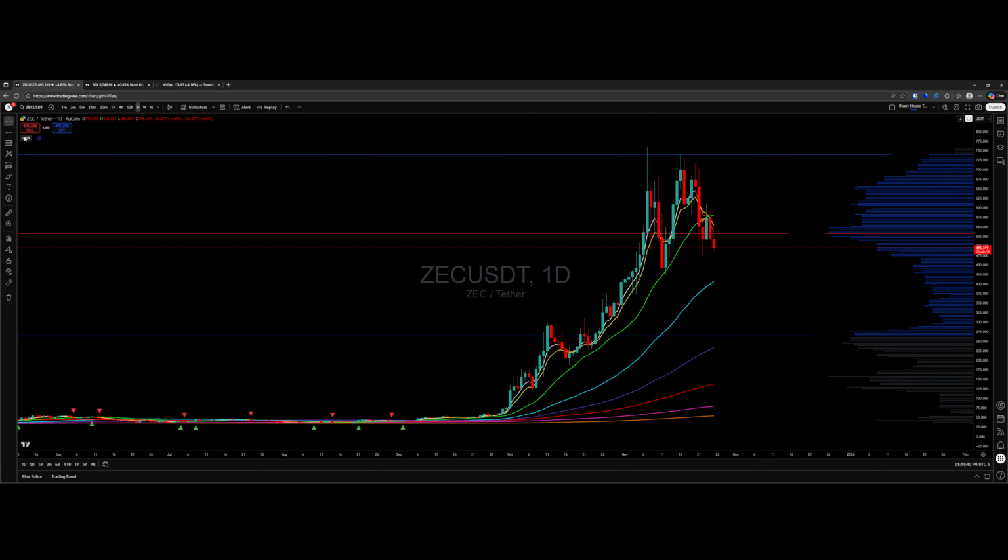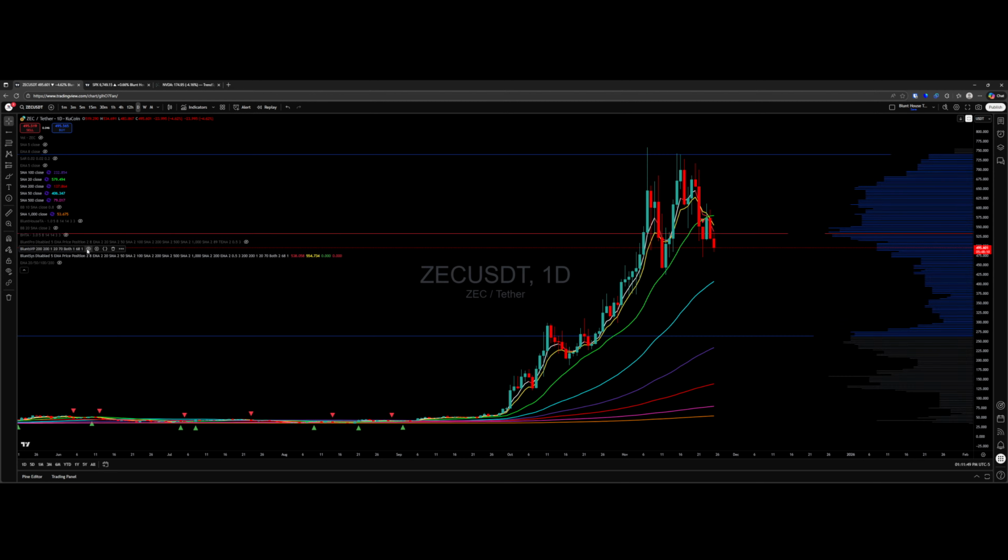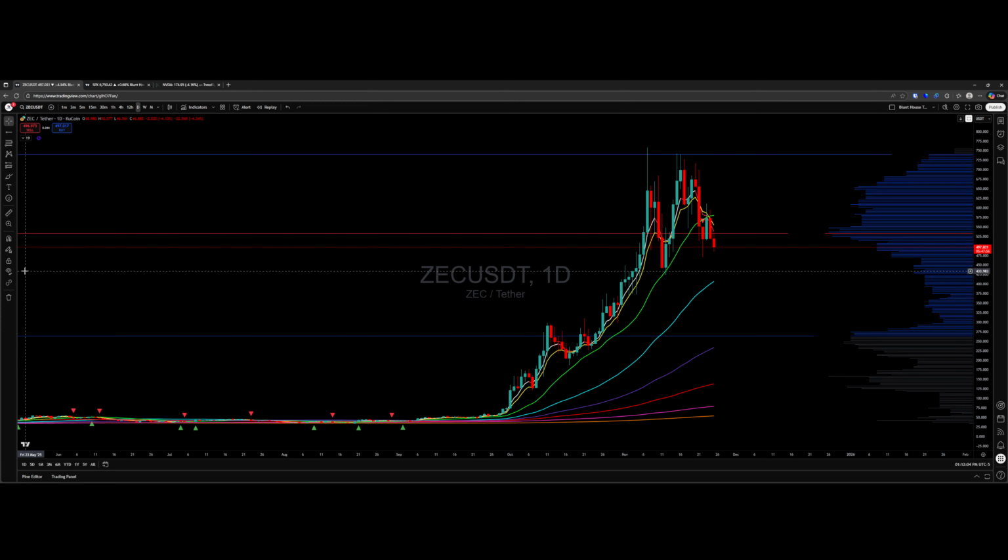Does the chart not look different with the volume profile on it than without? To me it does anyways. I find it very helpful to see where the volume profile shows me the gaps and the upper and lower value ranges, and of course the POC. That's very valuable. And the volume profile comes within our own indicator as well, as part of the suite, as well as all these averages that you would see.